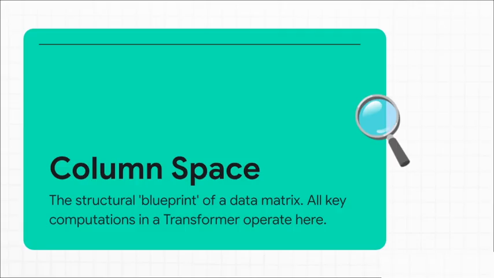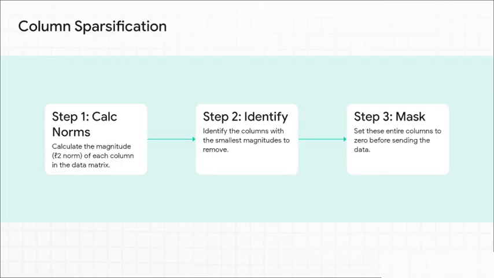All the important math happens within this structure. Top-K compression, well, that's like randomly knocking out bricks from the scaffolding, which, as you can imagine, causes the whole thing to collapse. So this new method, called column-wise sparsification, does exactly the opposite. Instead of picking out the most important individual values, it identifies the least important columns, the parts of that structural blueprint that are carrying the least amount of weight, and it just removes them entirely. It's like carefully taking out the non-load-bearing walls instead of just punching holes everywhere.